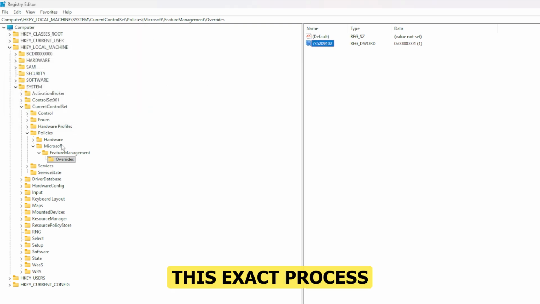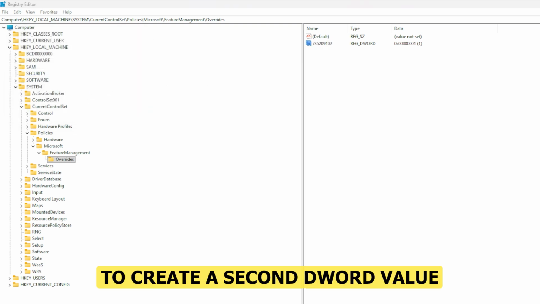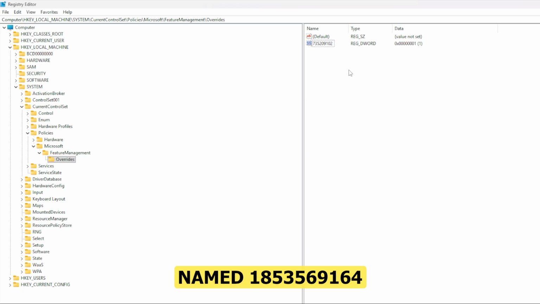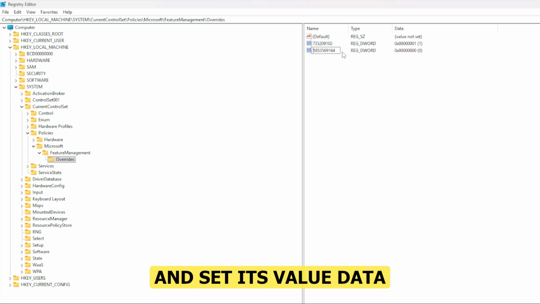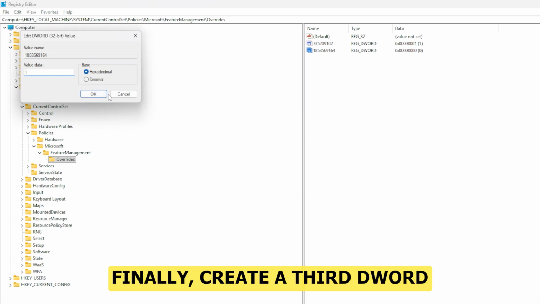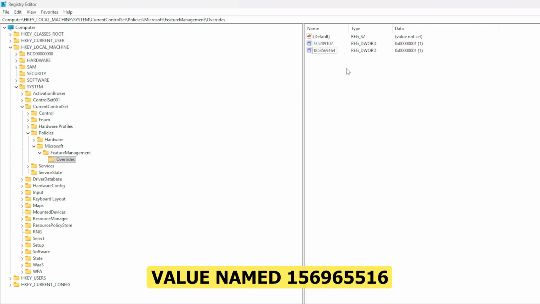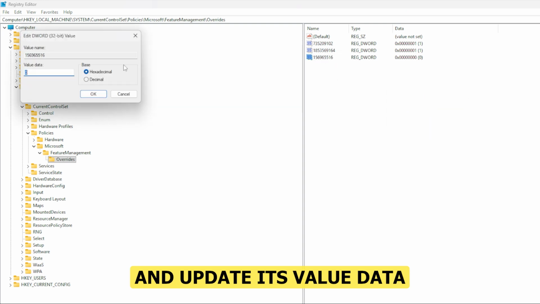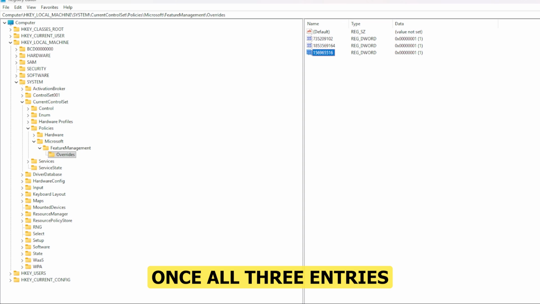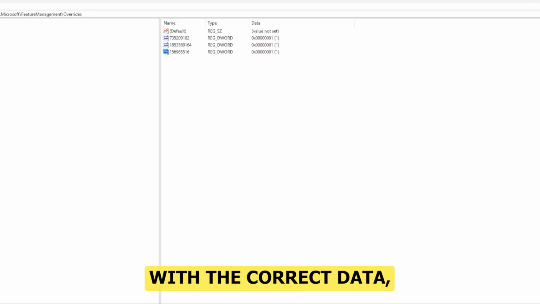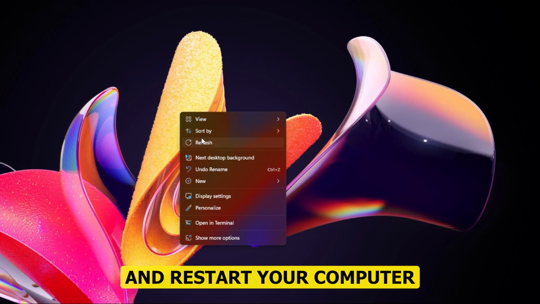Repeat this exact process to create a second DWORD value named 18535696164 and set its value data to 1 as well. Finally, create a third DWORD value named 156965516 and update its value data to 1. Once all 3 entries are visible with the correct data, you can close the registry editor and restart your computer